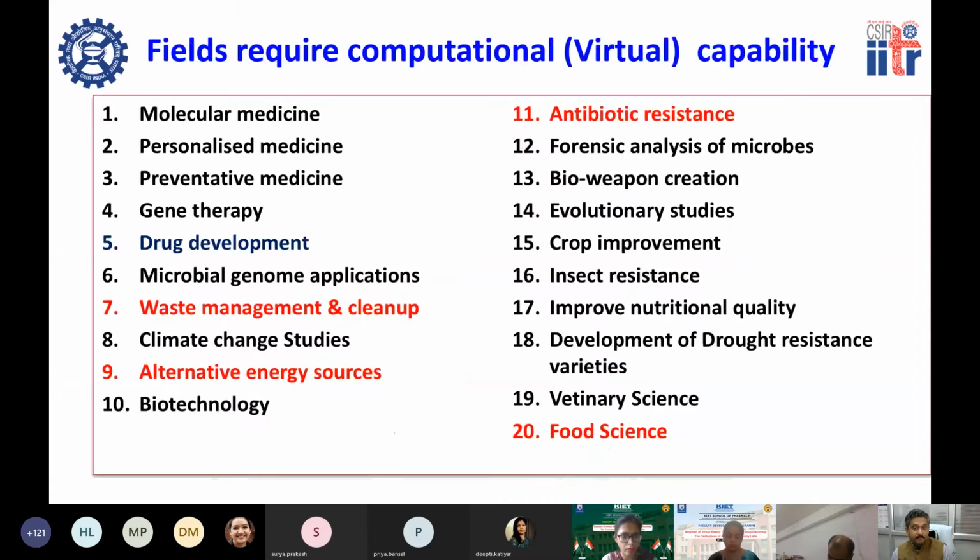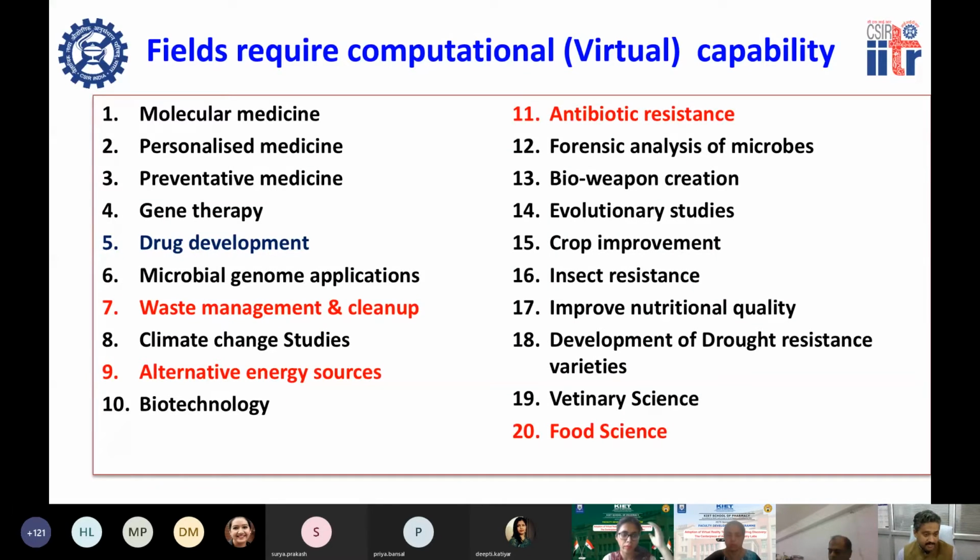So our goal is to show how this virtual capability is working not only in molecular medicine and drug design, but also in several different domains. You have various diverse fields. People are coming and attending this workshop. These are a few important areas, and this is only a list. There are n number of applications and domains where virtual capability can expedite realizable solutions and actionable insights